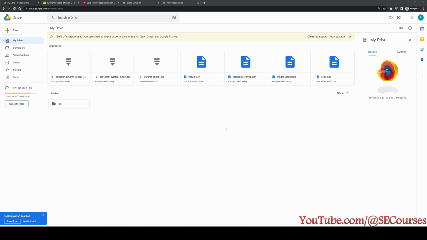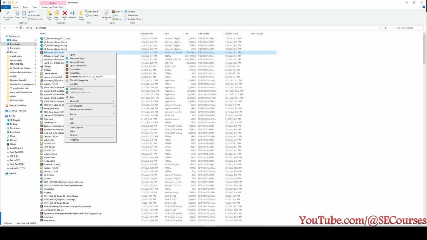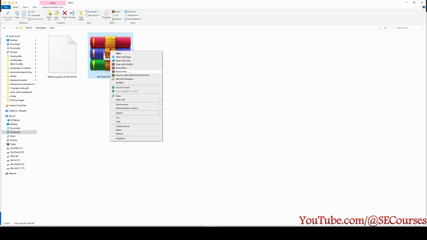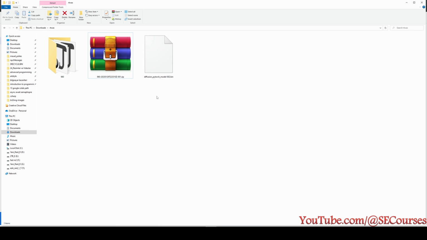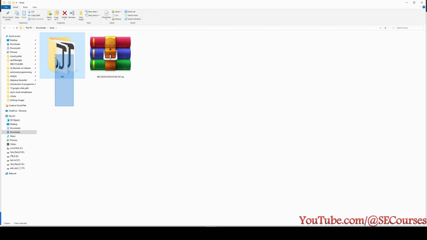Okay, I have logged into my new drive, and how am I going to upload it here? Let me show you that. First, you are going to extract this zip file into a folder. I have put them inside another folder to make it easier for you to see. Right click and extract here. If you don't have WinRAR, then you will have another extraction option in Windows. Then we are also going to put this binary file inside this folder, inside UNet. This is really important because the Google Colab Shivam code will look for this file inside this folder. Then you are ready. Just upload this into your Google Drive.